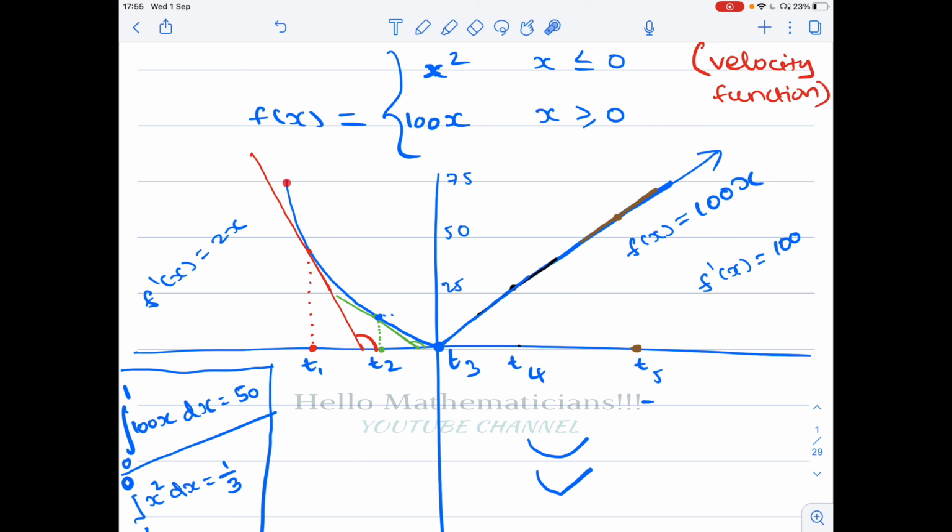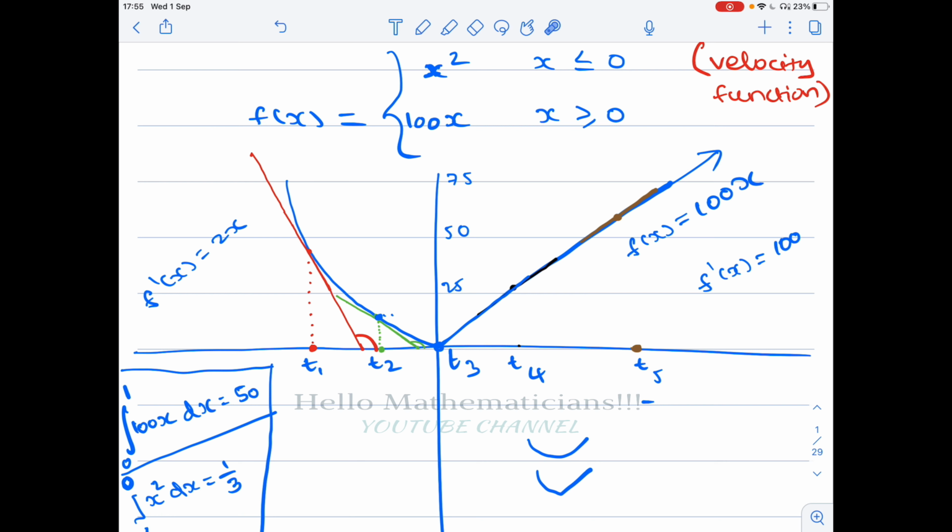So here the acceleration slowly decreases, and at the time t3 the acceleration comes to 0, but immediately after 0 you are suddenly giving acceleration 100, because once you cross 0, at the very next second, note that this is time, after the time t3 where you have 0 acceleration, at all these points the velocity is 100x, which means that acceleration is 100. So in your vehicle you are suddenly giving too much acceleration.